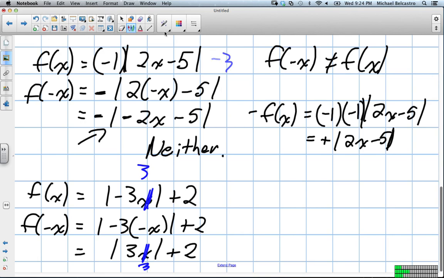So in this one we actually end up with an even number because the value is the same. So in this one we get an even number because the value of what we get when we plug it in is still going to be the same as what we had started with, even though the function's written a